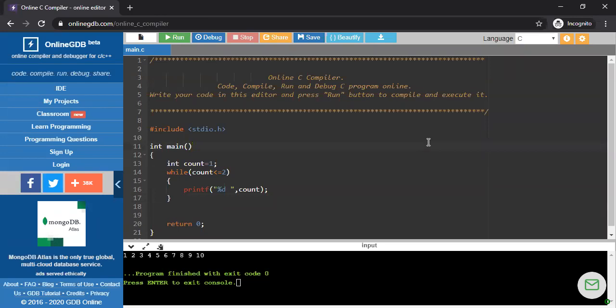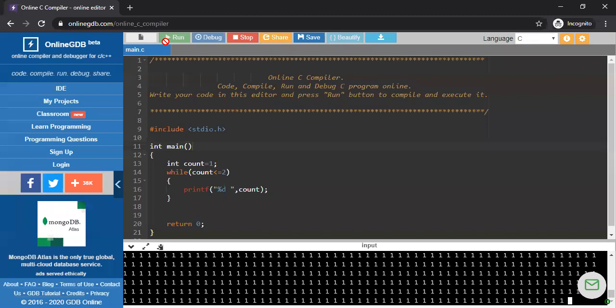Now think, what is my output? According to my while condition, what is the output? So check, if I run this program, see what the output is. 1, but in an infinite loop. See, 1 is printed infinitely.